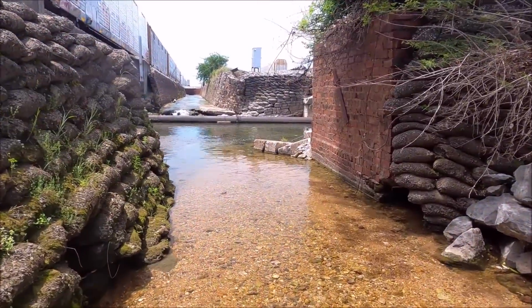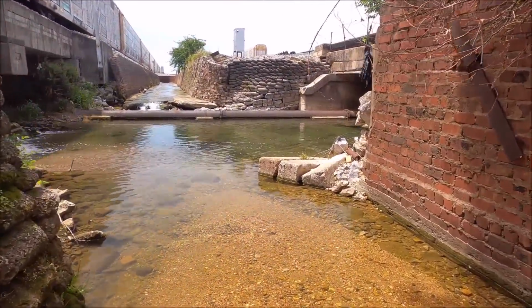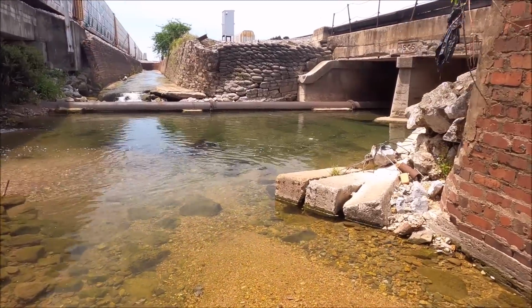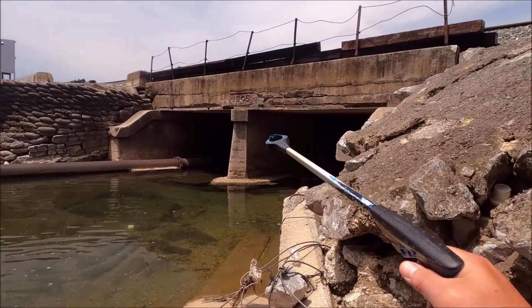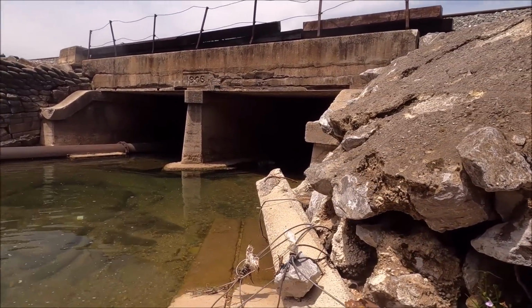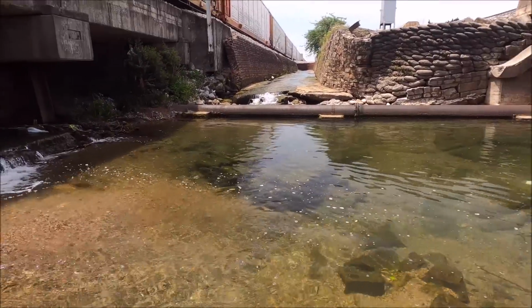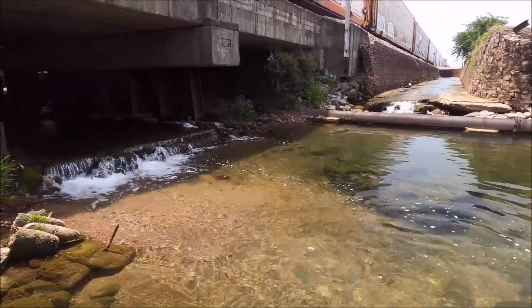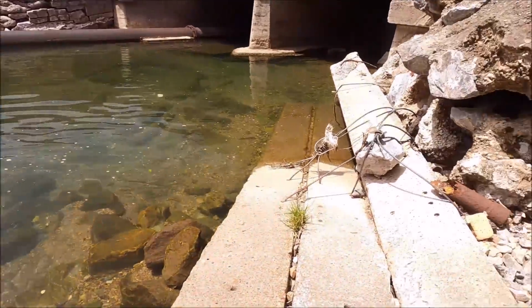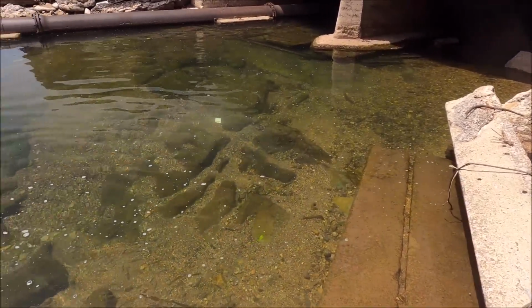I walked up there to look, and I made a little short reel with my phone. Look at this. That old bridge is stamped 1905. Ooh, look at the nice little red-eye bass. So we got to determine which way we're gonna head. I want to go that way, even though that's downstream,